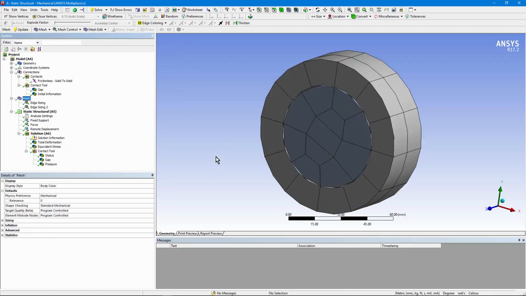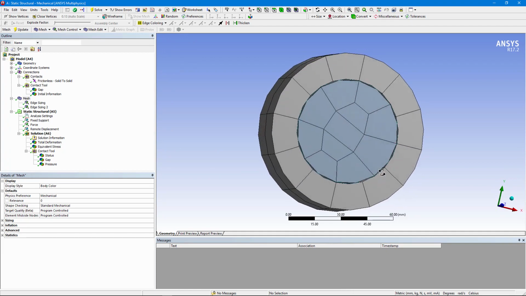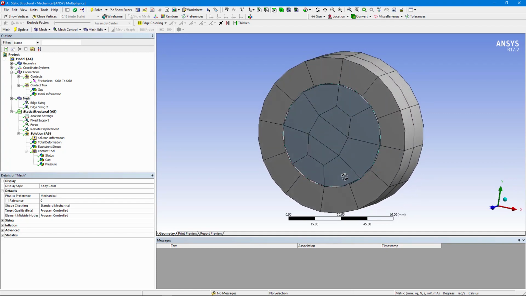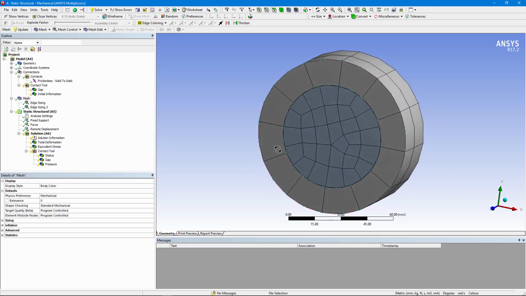One other topic, I'd like to look at the mesh. Now this is not an ideal meshing. I have coarser elements on the contact side than I have on the target, and I really should have finer elements on the contact side. So before I go, let's quickly look at a modified meshing. As a rule of thumb, the contact should be on the softer material, have the finer mesh, and be on a convex